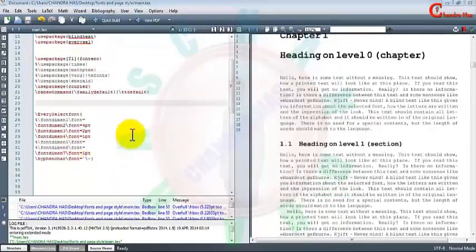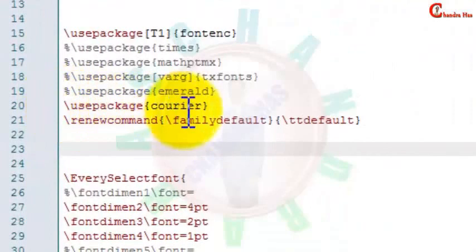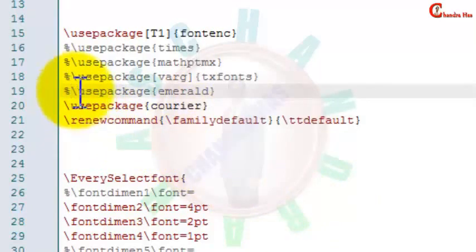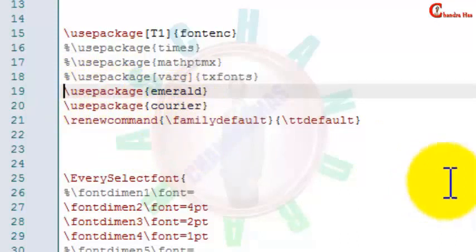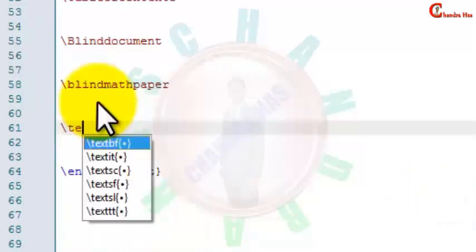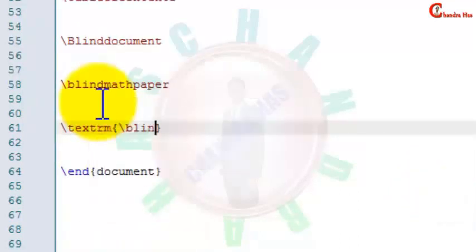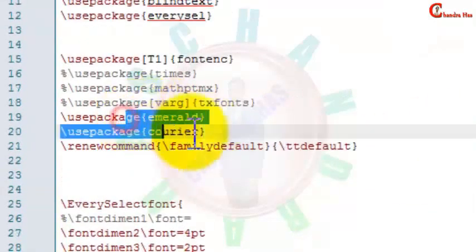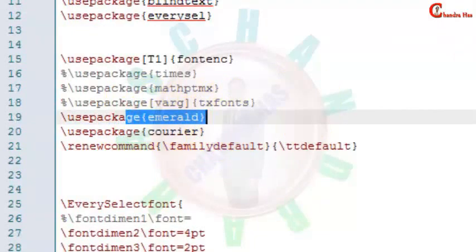We can also use more than one font style for the same document. So now I want to keep my Courier font as the default font, so I will not change this font, but I will turn on this handwritten font style because I want to use this in my document. Here I want to use textrm for the blindtext. And in a second paragraph I want to use this handwritten font style.